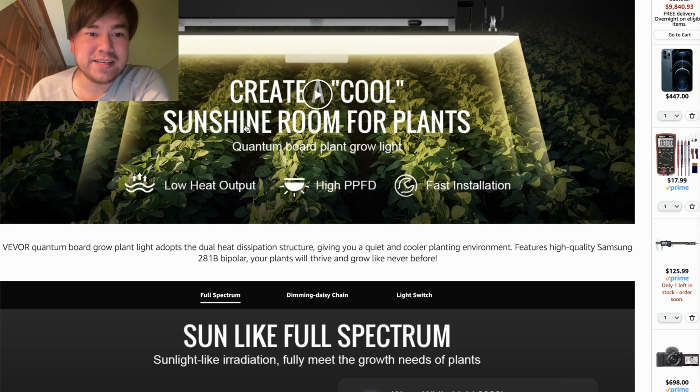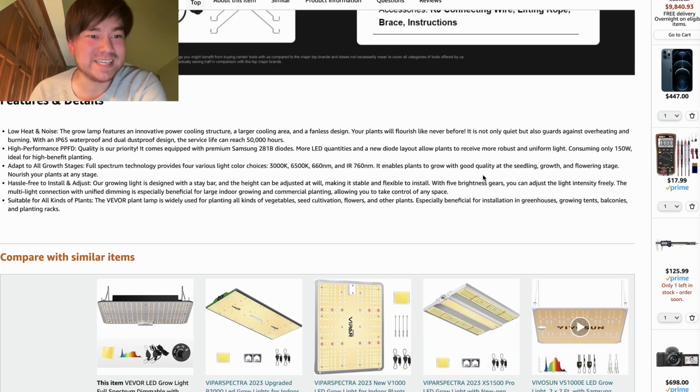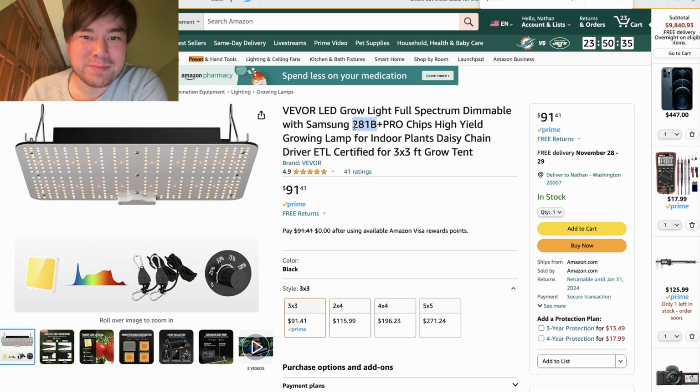I'm not sure exactly what it is. Let's see. Yeah, you can see they're growing vegetables in here. For some reason it doesn't say what the power rating is. I'm not sure what the power rating is. It might be 281 watts. In any case, it's more than enough light for anything that you need to do, whether that's filming or growing